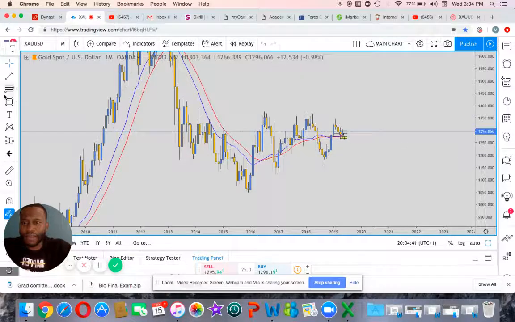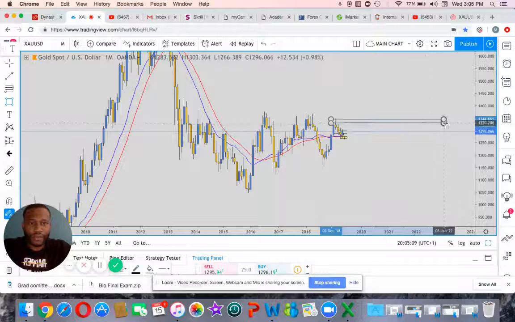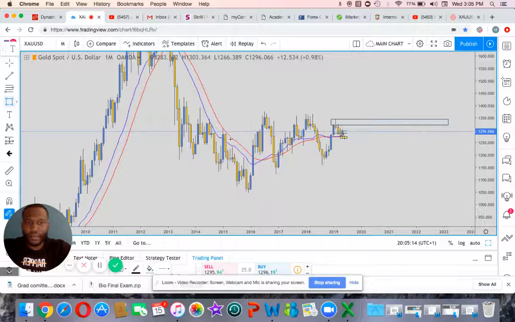So what I do, I take my rectangle right here, and I like to focus on the key levels, and I'm focusing on where price is currently at. So there's no need going all the way back to 2015, 16. Let's focus on the highest point the market went to back in 2019. So what I like to do is draw a nice little zone. Zone this out right here. It lets me know this was the last high the market made,